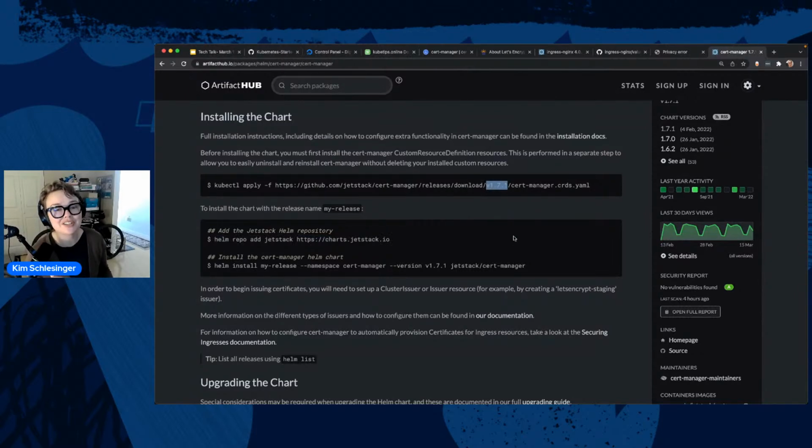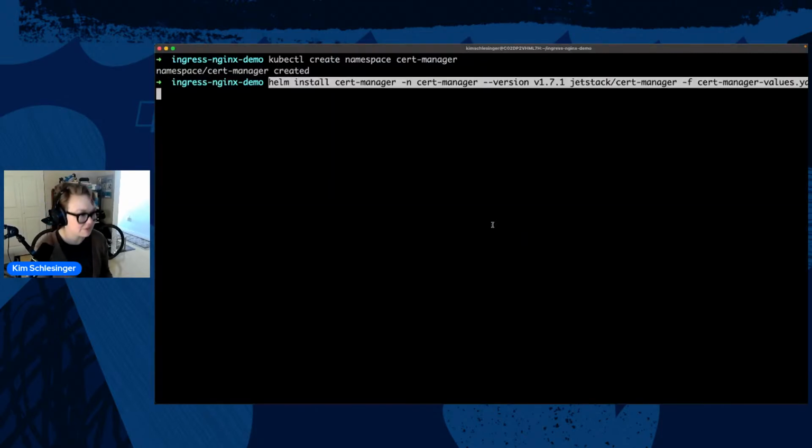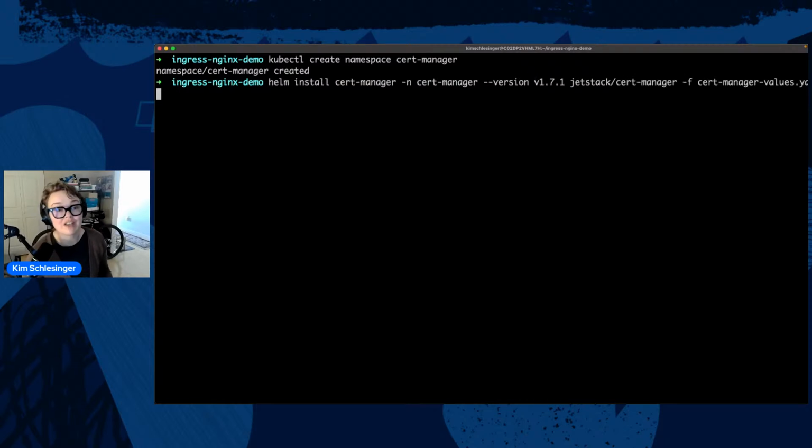You really want to make sure that you have the same version using your Helm chart. So I'm going to specify that version number. So you can see I've got helm install. The release name is cert-manager, in the namespace cert-manager, version 1.7.1 from the jetstack repository cert-manager. And then please use the cert-manager values. So we'll hit install there.